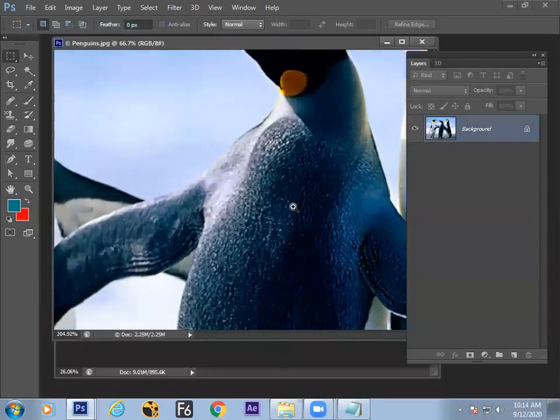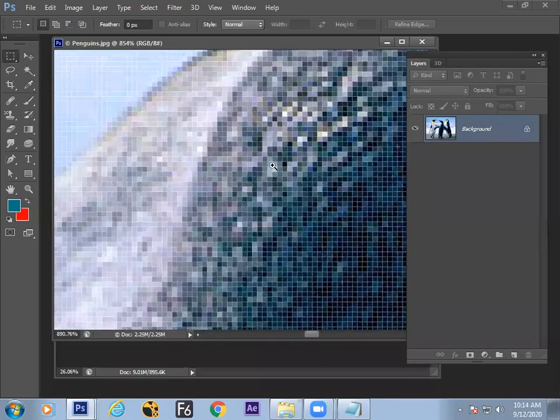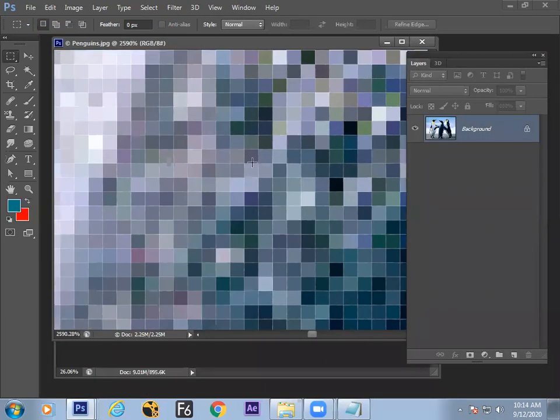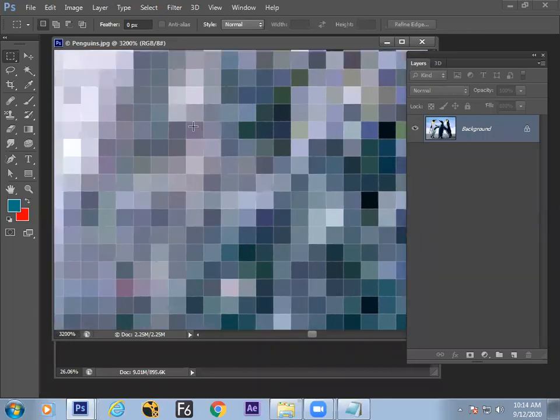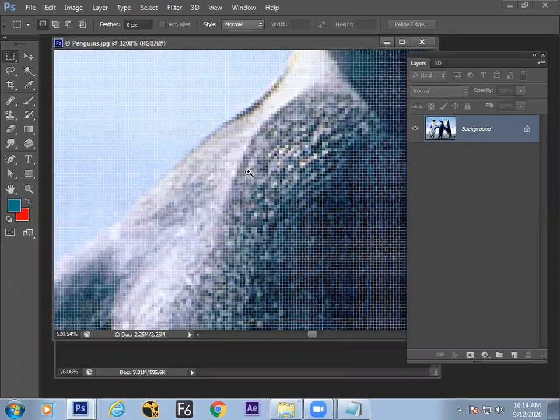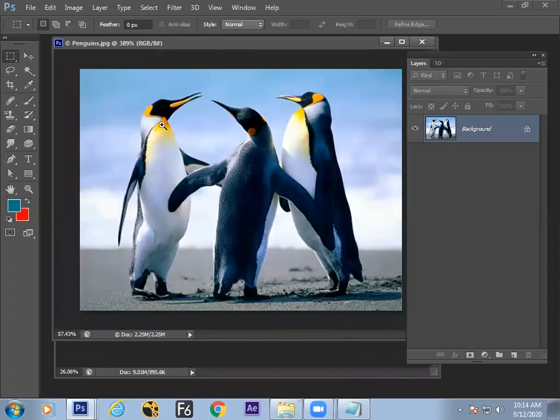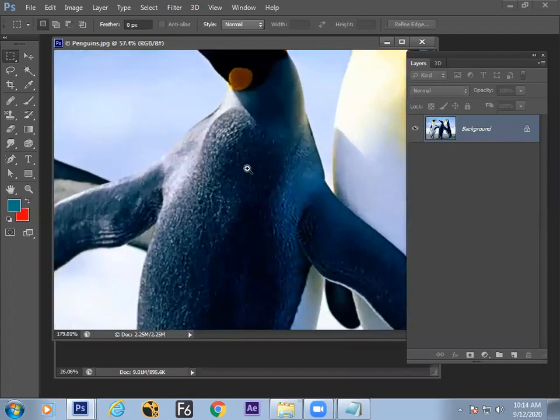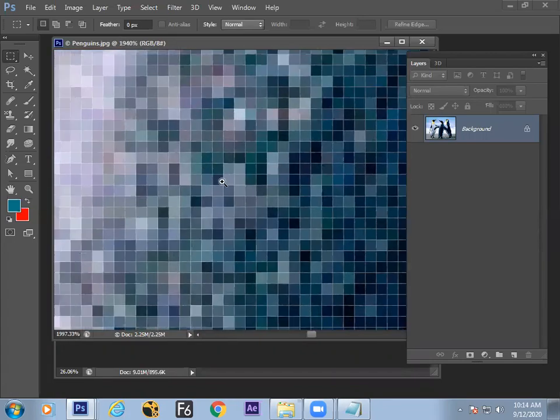when you zoom in, you will see pixels. Raster graphics are formed because of these pixels only. Each and every pixel contributes to the whole image. The entire image is formed by arranging these pixels.